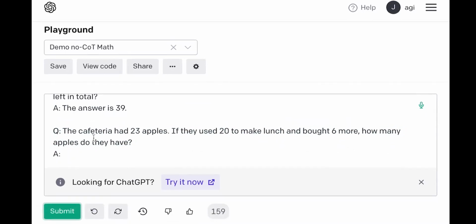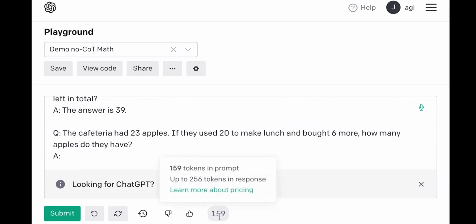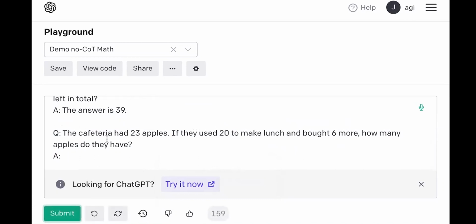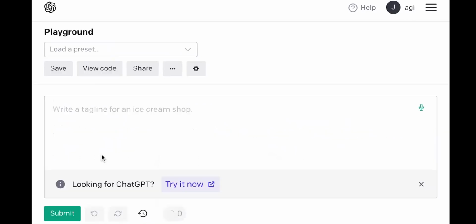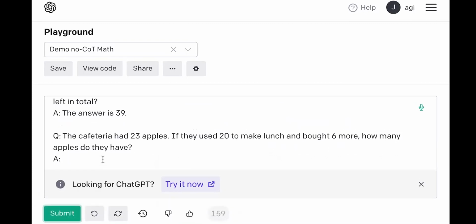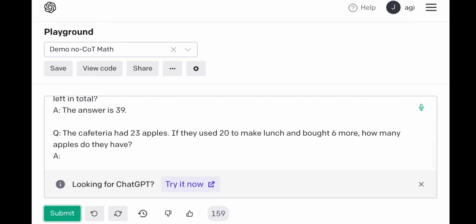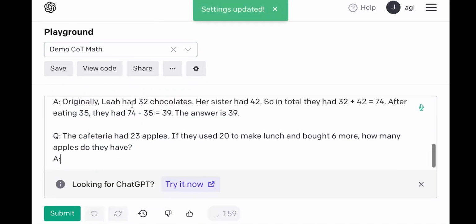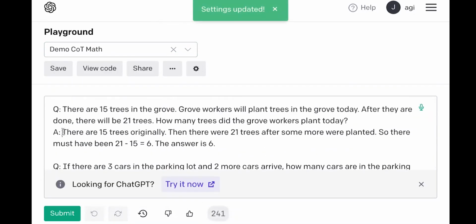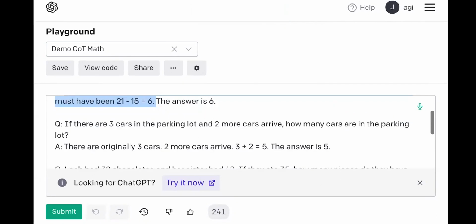And unfortunately, it looks like it's broken, but the point is, unfortunately, it would not work. Okay, I'm not sure why it's not working. Yeah, maybe I only have the free account. But basically, what's going to happen is the language model is not going to be able to do this task. But when you make this simple change of adding reasoning steps in the exemplars,